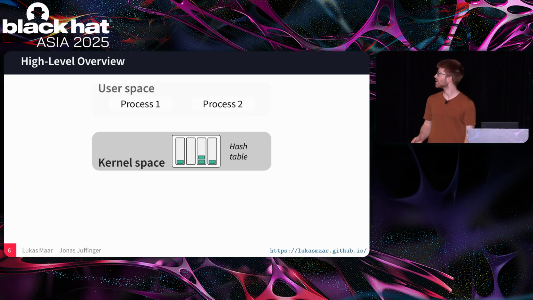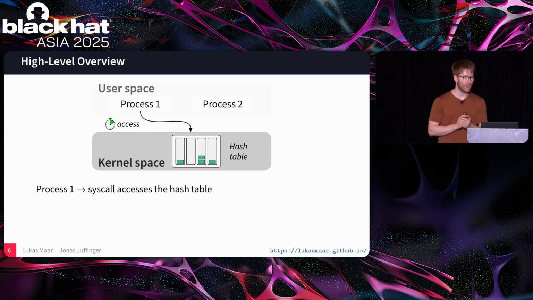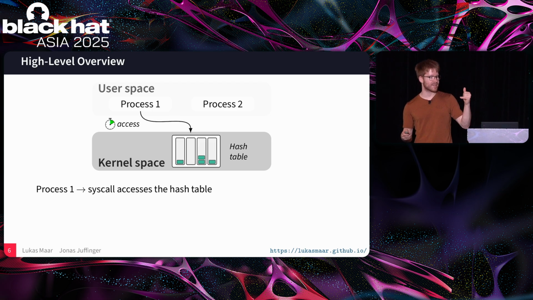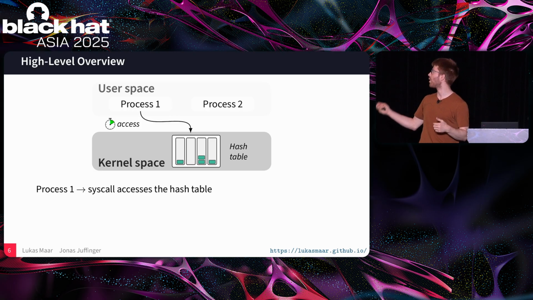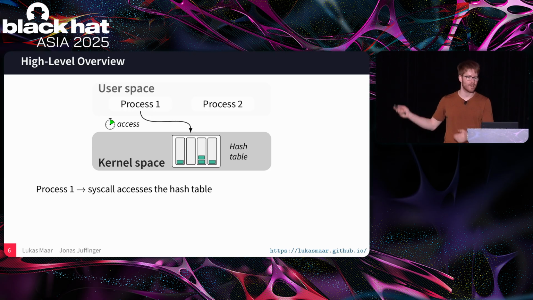And inside the kernel space, there is a hash table, which is only accessible if your code currently runs in kernel space. What we now do: process one, so the process controlled by us or by malicious actors, calls a syscall, where the syscall accesses the hash table. In our case, it accesses the hash bucket. Hash bucket one is, on this high-level slide, empty, so the access will be notably fast because no additional elements have to be accessed